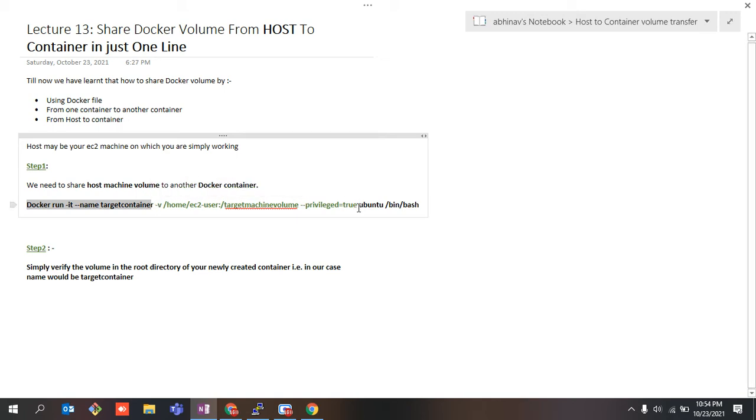The command that has been marked in black simply states that it is just used to create your Docker containers. The only part that is gonna change over here is -v. Then I am going to my home directory /home/ec2-user. Why ec2-user? Because I am making use of AWS. I'll quickly demo it to you guys in a moment, and it won't take much time.